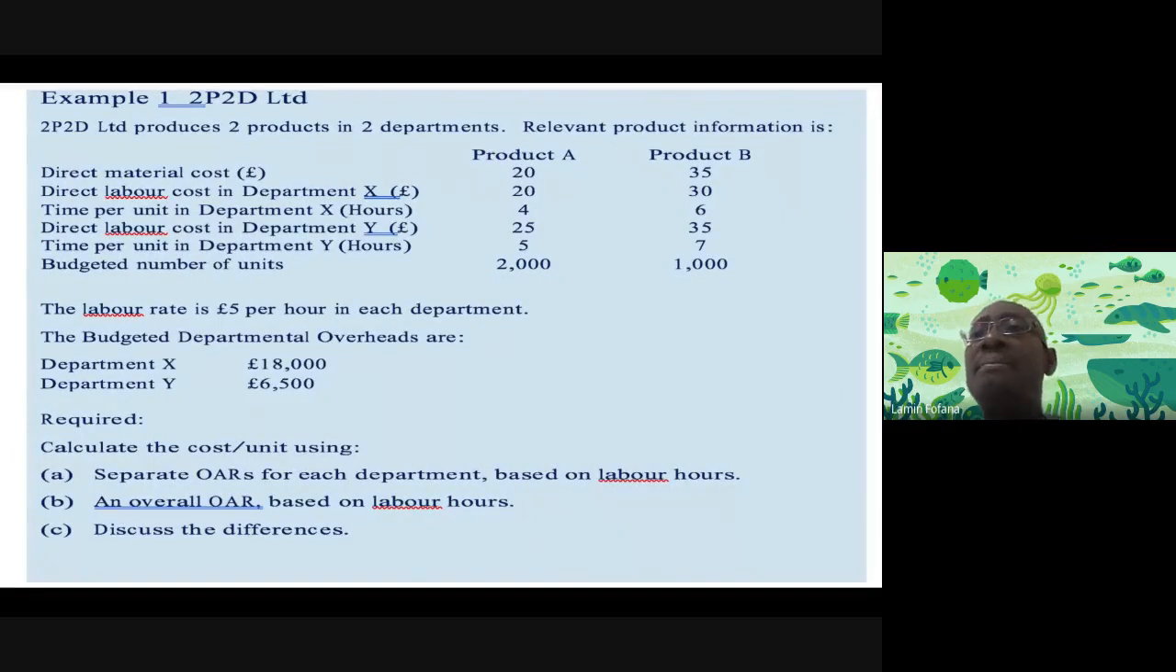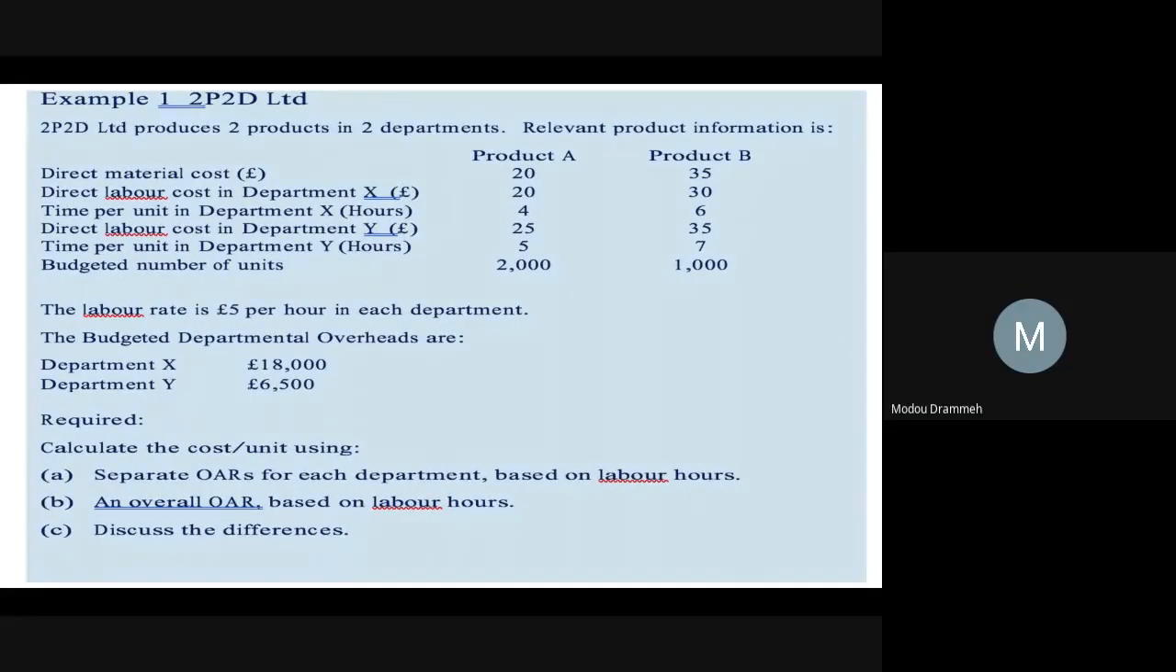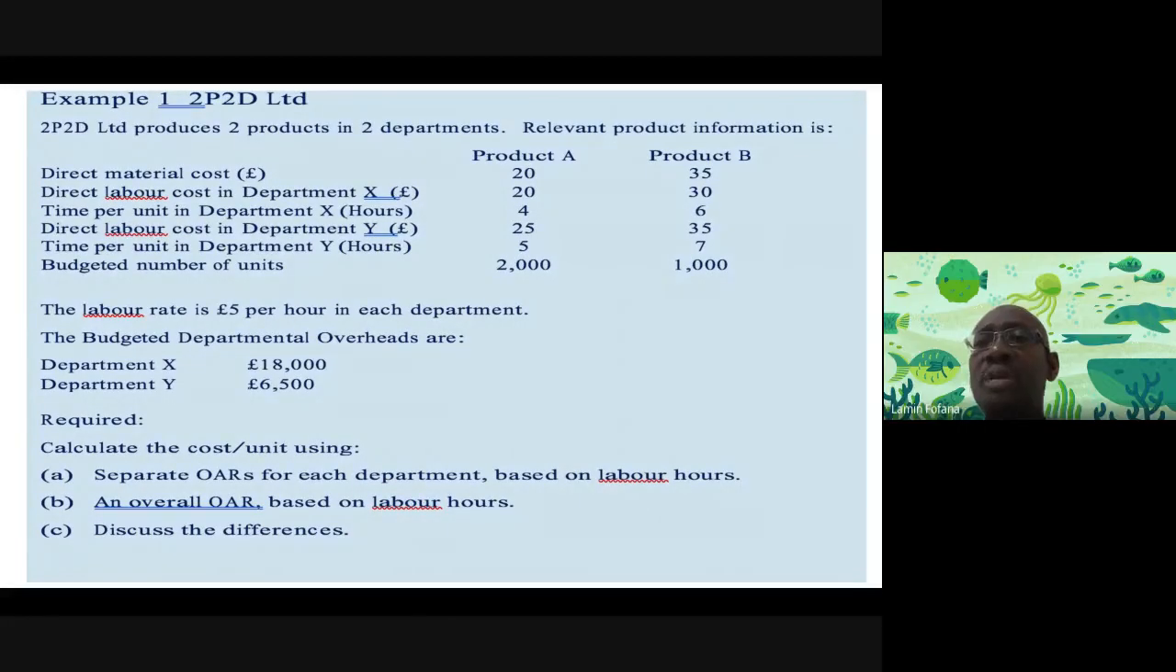Now we're going to do our question. What I'm going to advise you to do is, if you have not got a copy of this question, try to screenshot it now. Try to screenshot it now, because we are not going to